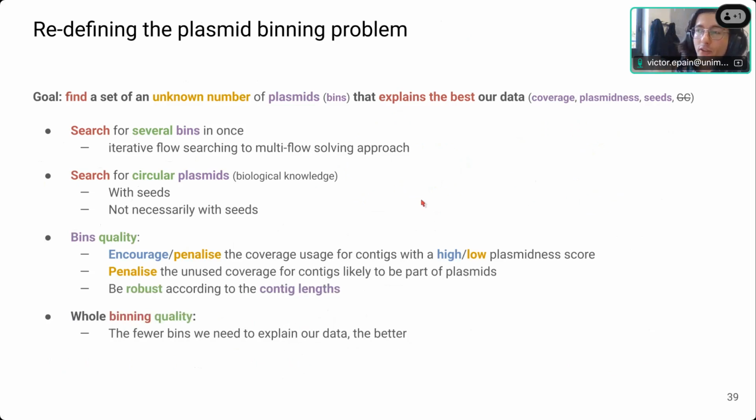So we must redefine the plasmid binning problem. So what is really the goal? The goal is to find a set of an unknown number of plasmid bins that explains the best our data. Our data can be coverages, plasmidness, seeds, and I will not take the GC because the GC is part of a labeling, and for many reasons I don't really want to use the GC because of clarity.